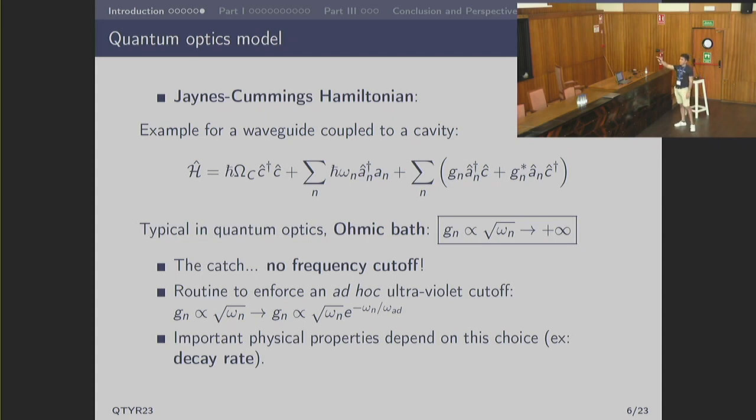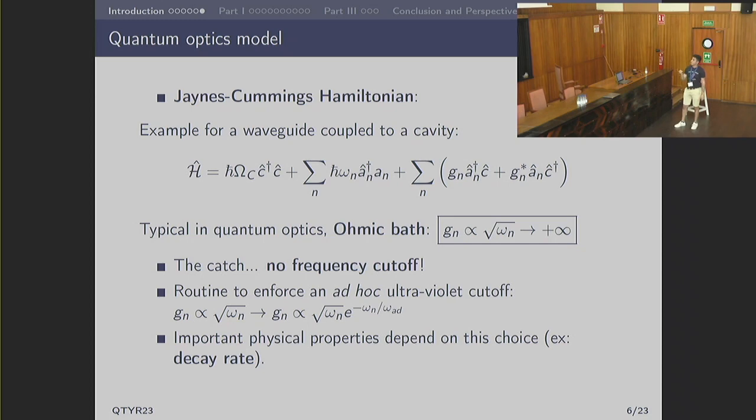Nevertheless, the issue is that the choice of this cutoff is salient when it comes to important physical properties of our system, such as the decay rate, which is why it stands to reason that one has to find a rigorous derivation from the circuit model down to a quantum Hamiltonian